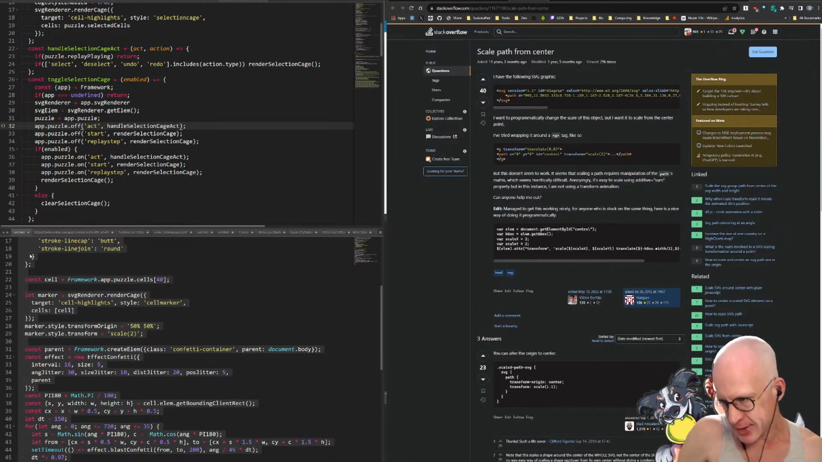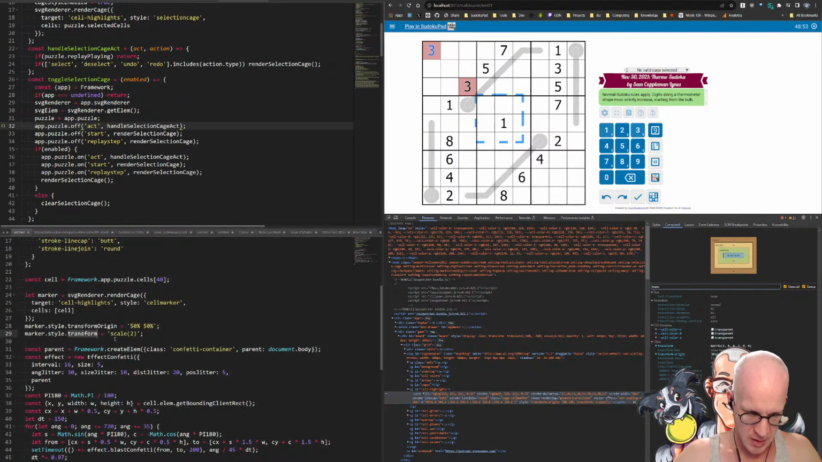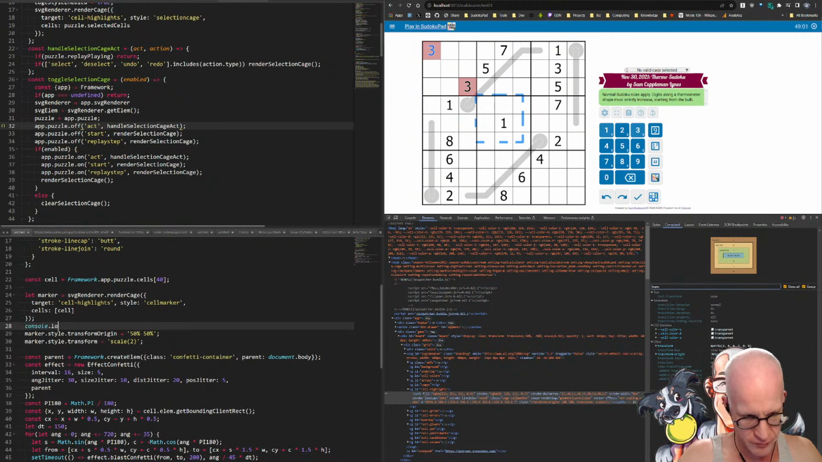So the question is, how do I get the center of this element? Because the transform origin seems to be relative to the whole SVG element, which is just a little annoying. Can we do it via its bounding box? Nope. If I do let mb, marker bounds, and we'll do marker.get and so on. If I output that,